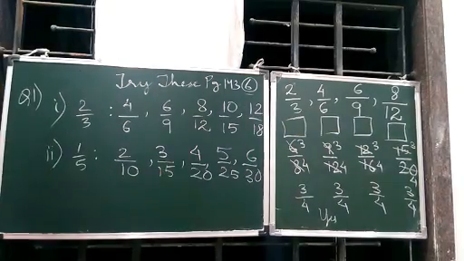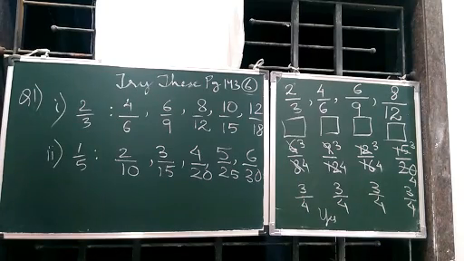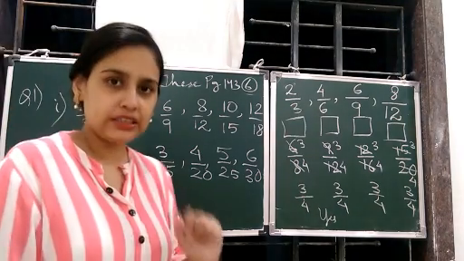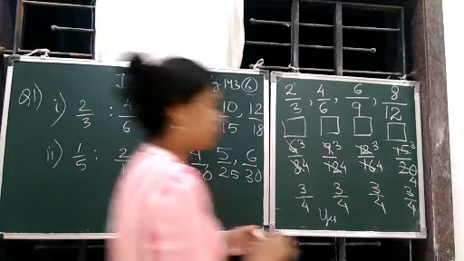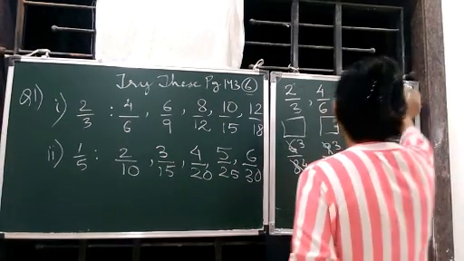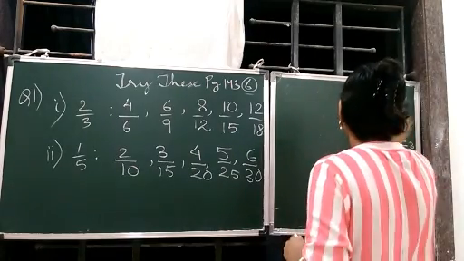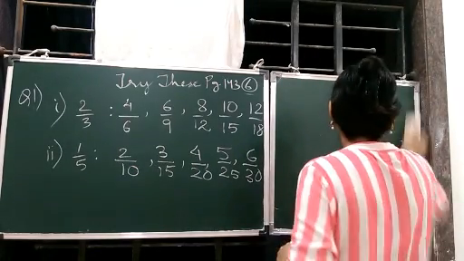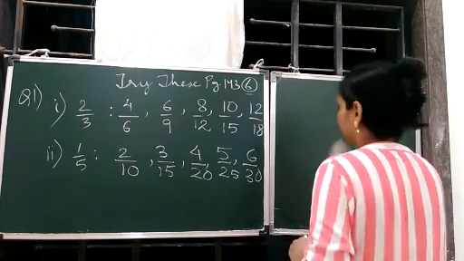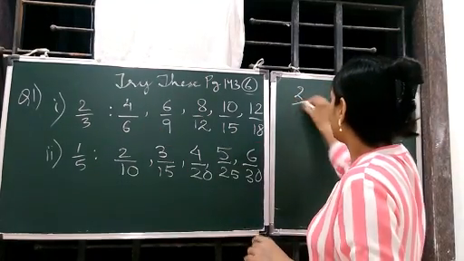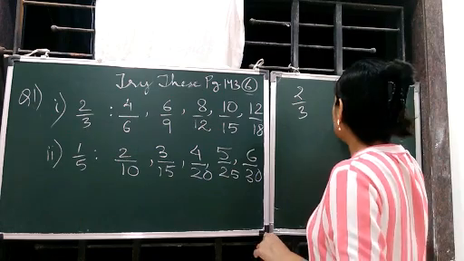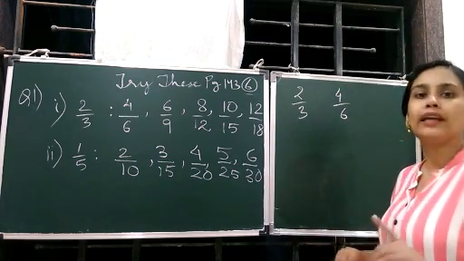There is an interesting fact about the equivalent fractions. And what is the interesting fact? If you have two equivalent fractions, suppose let's take 2/3 and 4/6. 2/3 and 4/6. So if you multiply the